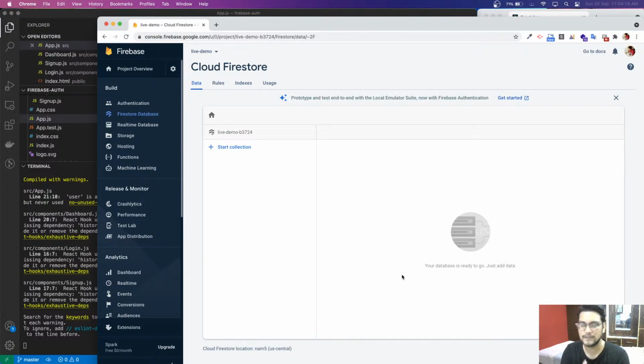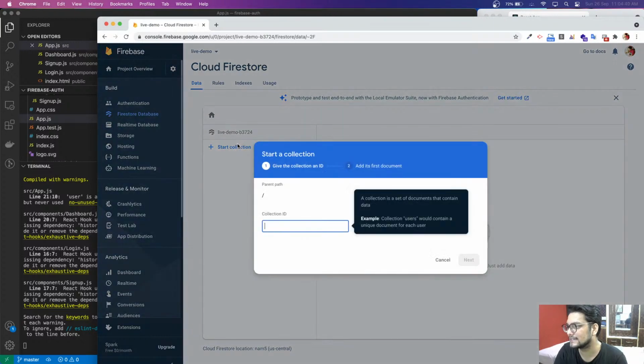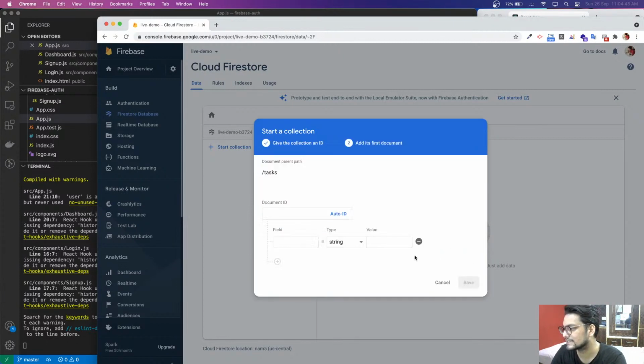If you haven't configured the Firebase database before, I already have done it. It may ask for your location and so on. I will link a guide that walks you through the setup process. But in the end, you will have something like this, and you can create a collection. We are going to create a collection and call it tasks, because we're going to save all of our tasks in this collection. I'm just going to click next,